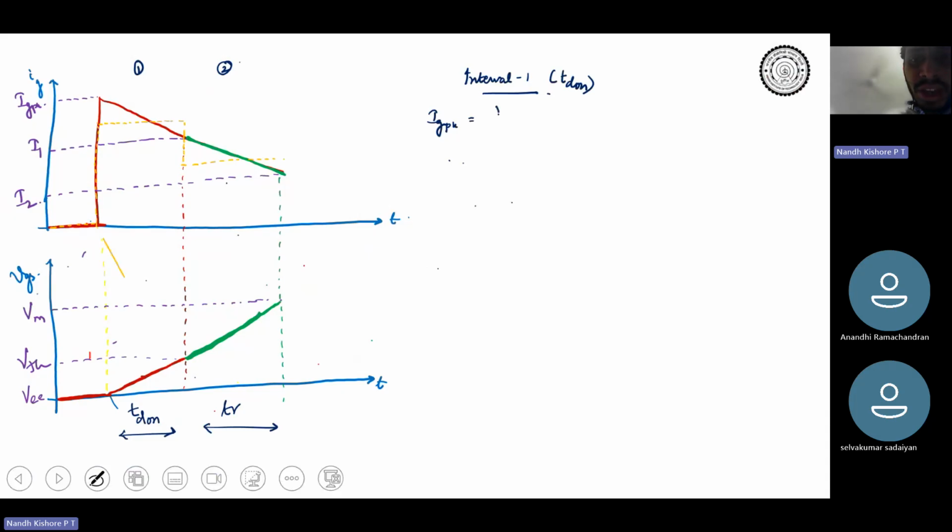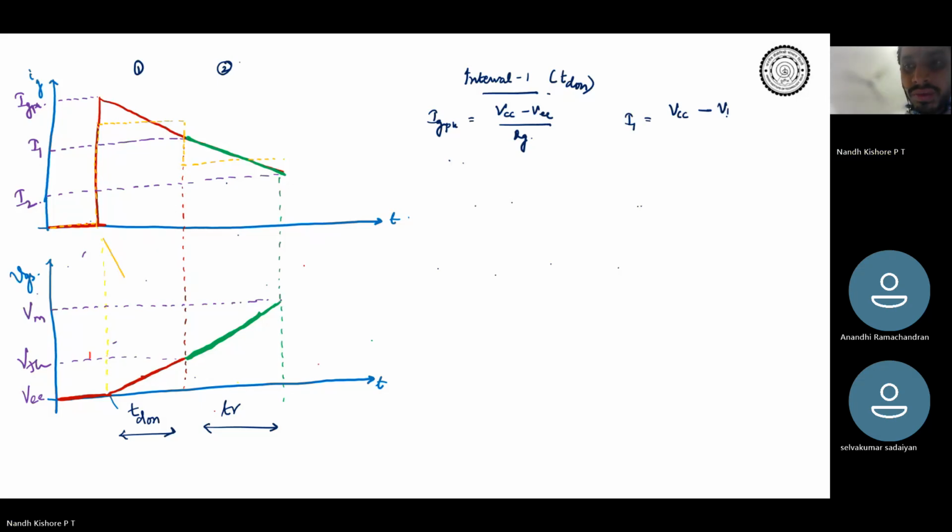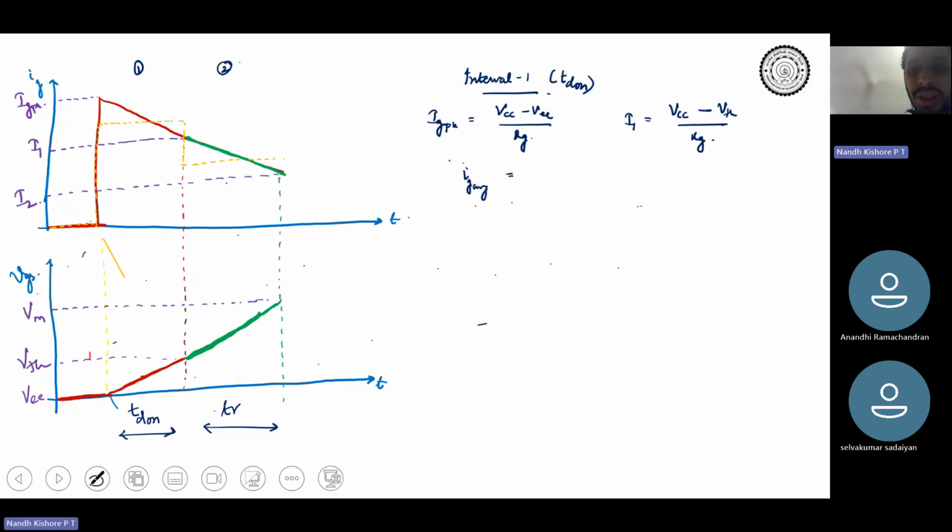IG peak is basically VCC minus VEE divided by RG, right? I1 is VCC minus gate voltage, which is V threshold, divided by RG. And again, we saw that the IG average during this interval is going to be simply